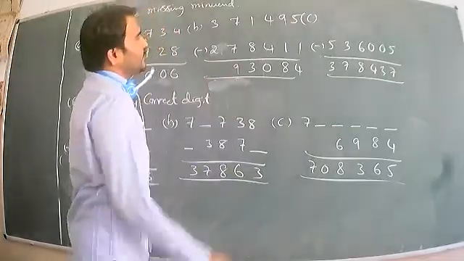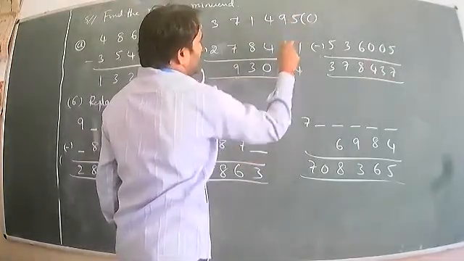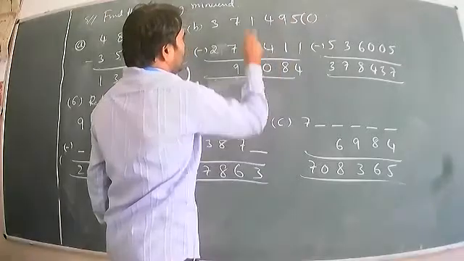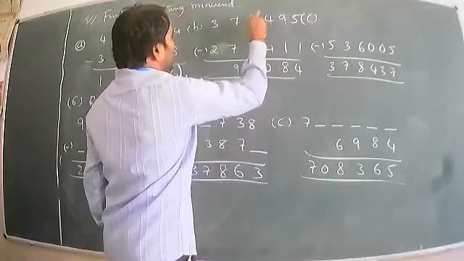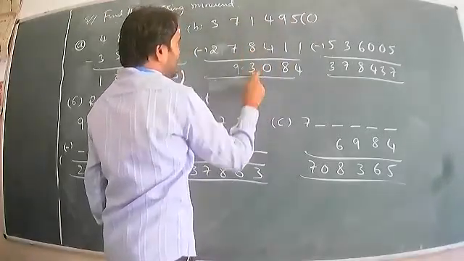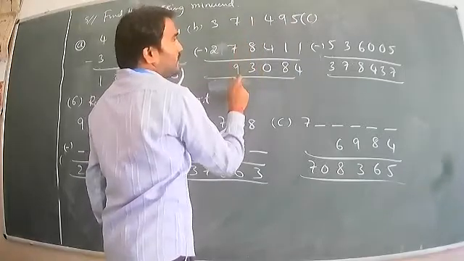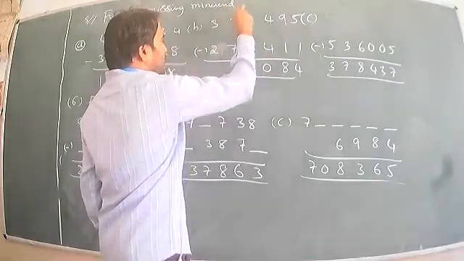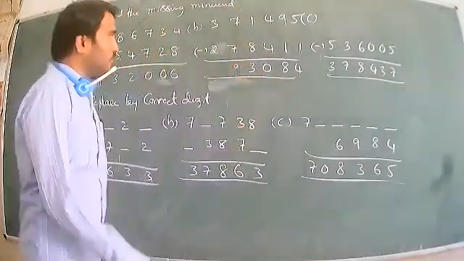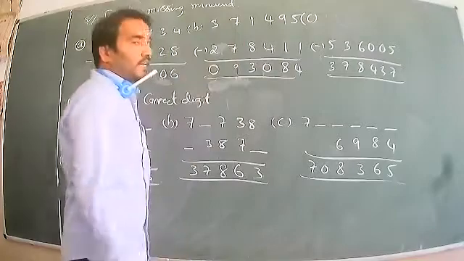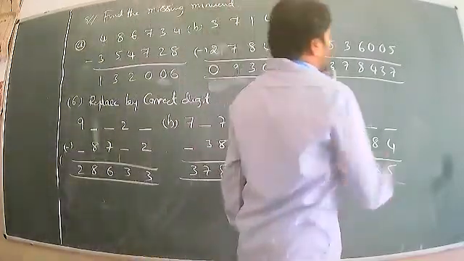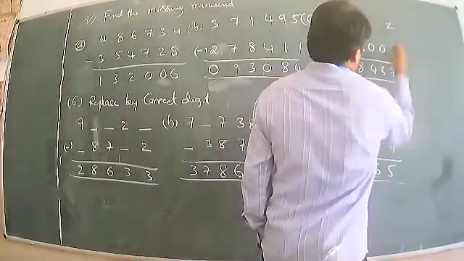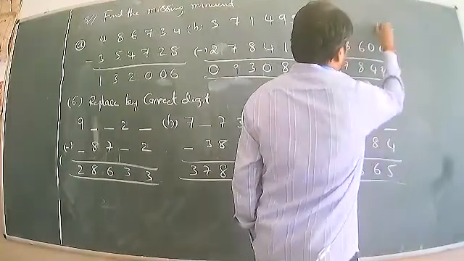Okay, so we can check it. 5 less 1, 4. 9 less 1, 8. 4 less 4, 0. Carry. It is 6. It is 11. 11 less 8, 3. 6 is not less than 7. Okay, carry. It is 2. 12. It is 16. 16 less 7, 9. So 2 less 2, 0. We can understand. So now, adding the same: 5 plus 7, 12, 1 carry, 2, 3 plus 1, 4.